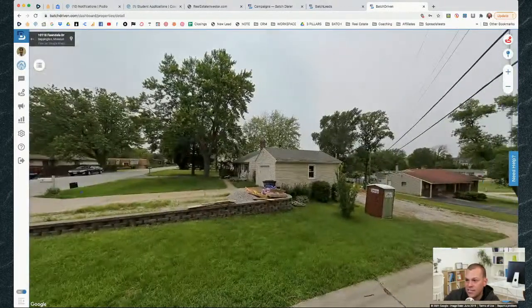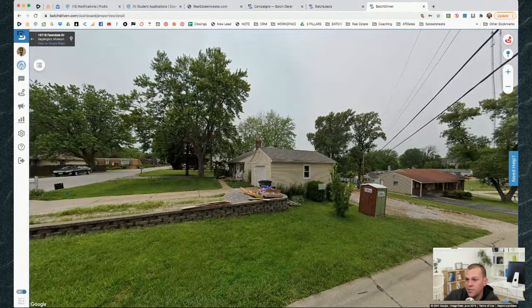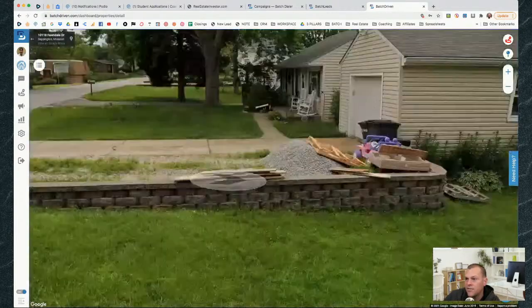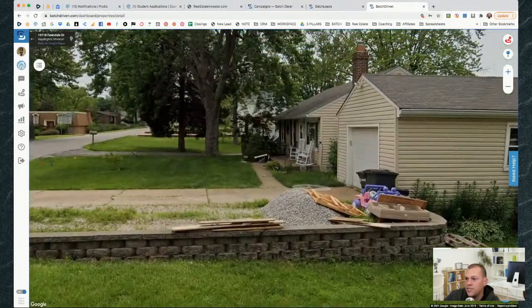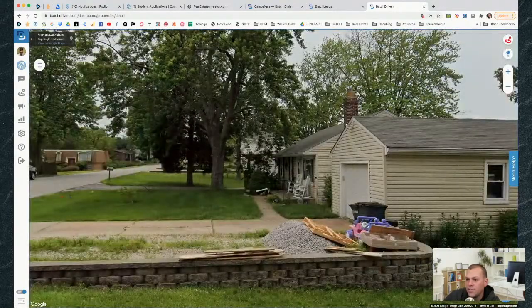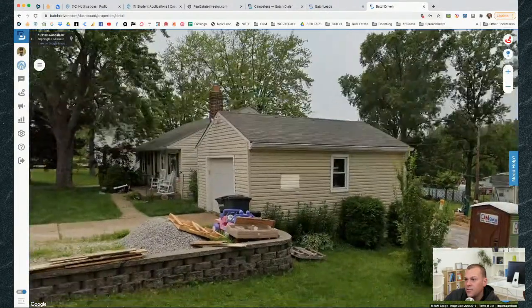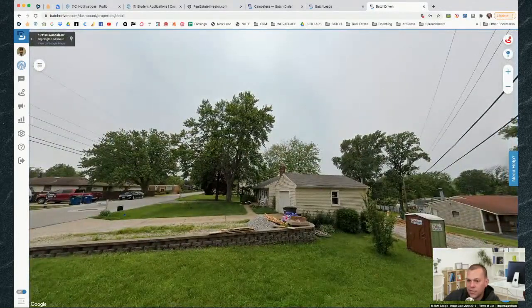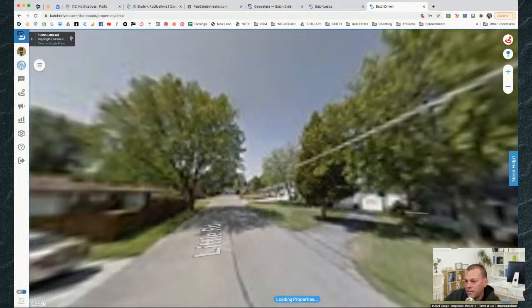And look at this one. This house here looks like it could use a little bit of work too. It's distressed. You know, the grass doesn't look that great. You got bushes and stuff on the side here. So let's see if we can zoom in and see anything on the front. Yeah, again, you got some weeds in the front. You got some trees that look like they need to be cut back. And we want to add this property as well. So let's get in front of it